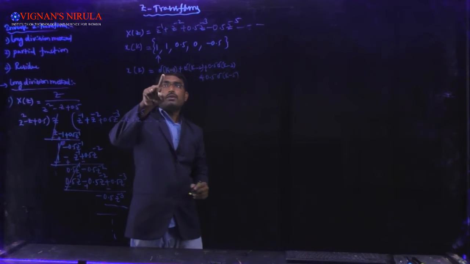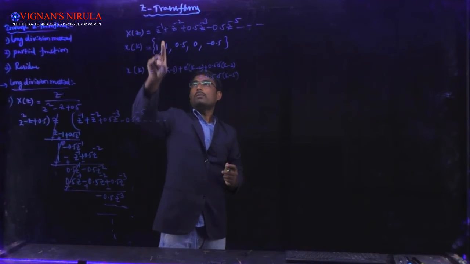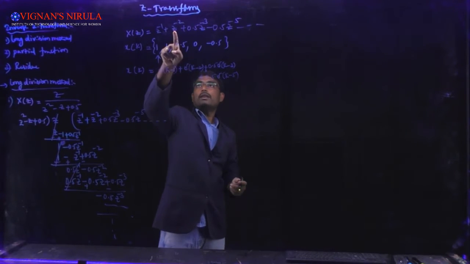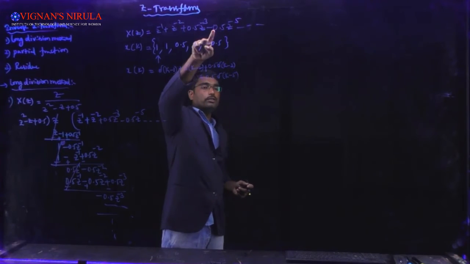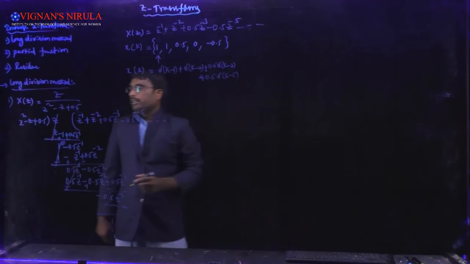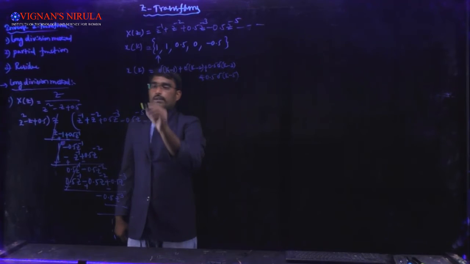If you apply Z transform for this, Z power minus 1 into Z transform of delta of k, the Z transform of impulse, becomes 1, Z power minus 1, Z power minus 2 into Z transform of delta of k, 1 means Z power minus 2, 0.5 into Z power minus 3, and minus 0.5 into Z power minus 2. This is the thing that you are getting. So you can write this sequence as this one. In this way, you can find the inverse Z transform by using long division method. We can see one more example also.